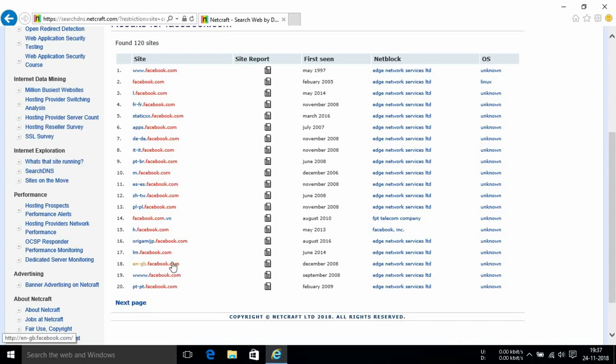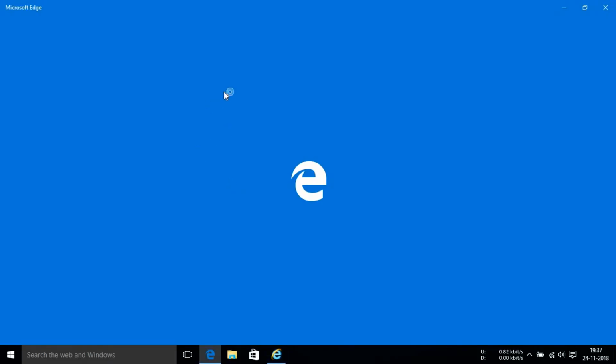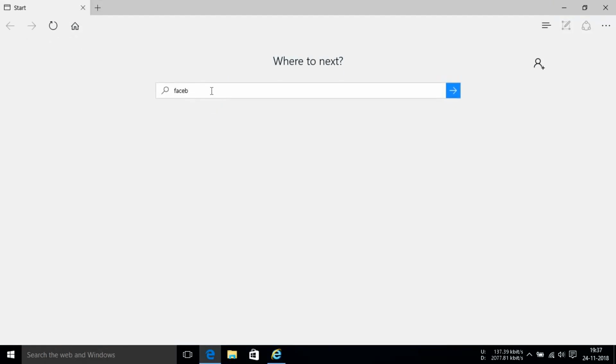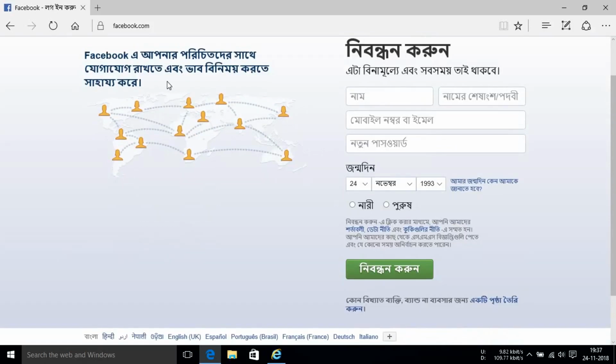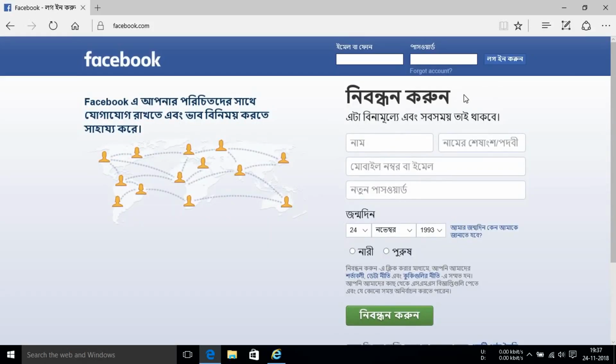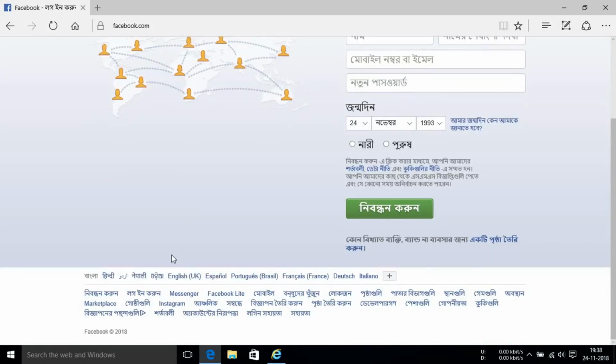If you open up Facebook in Microsoft Edge, it opens up in the regional language. Like if for example I open up Facebook from my browser, I'll show you that. If I open it up from here, facebook.com, you'll see that it is redirecting to the Bengali one, because I live in West Bengal in India, and you can see that the Bengali fonts are appearing. So if you want to read Bengali, it says the signup text in Bengali. Alright. If I want to change it to English, I'll simply type in English UK,